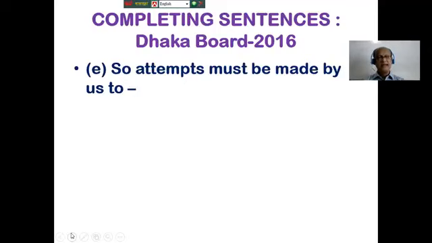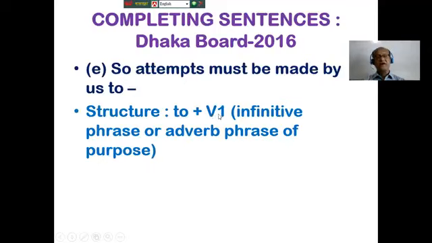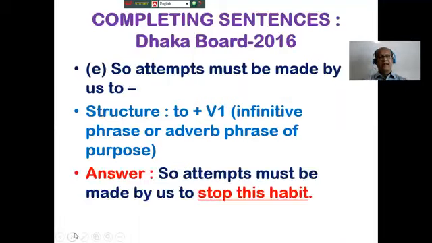The structure: to plus verb V1, infinitive phrase or adverb phrase of purpose. Now, so that attempts must be made by us too. We will make attempts so that we can achieve something. So it indicates a purpose. So this is the infinitive phrase of purpose or adverb phrase of purpose. So the answer can come. So attempts must be made by us to stop this habit, to give up this habit, to refrain ourselves from